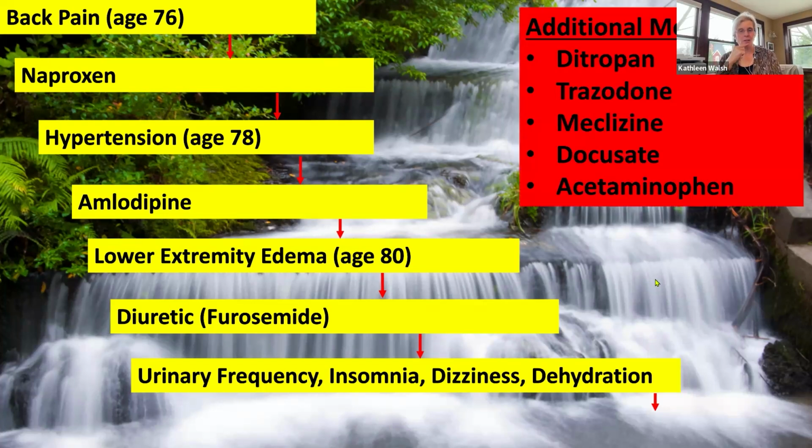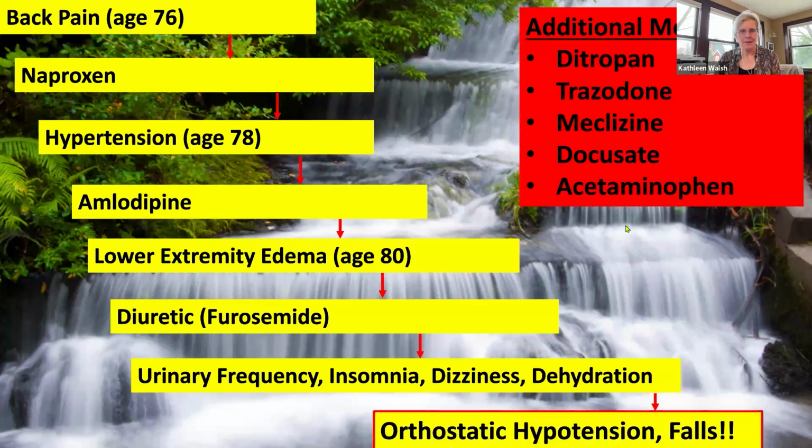Now we look at the other medications you're on. So if you think about it, this is what happens. Someone's complaining of urinary frequency. Well, that must be your bladder spasming. So we'll put you on Ditropan. Oh, you're not sleeping. Well, let's give you some trazodone. You're dizzy. It's got to be vertigo. So I'm going to give you some meclizine. You're dehydrated. Well, now you're constipated. So now I'm going to give you Docusate. And you know what? Let's just put some acetaminophen on there because I think you probably need it too. This is what happens all the time. So we have to start peeling these things away from people, but think about how it all started and how we can stop this madness for some of our patients.